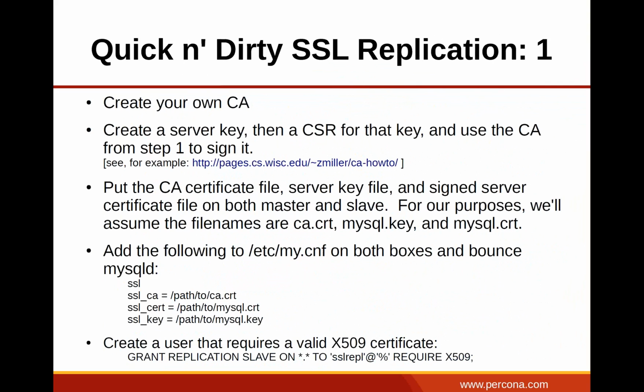And now just do a quick and dirty SSL replication. So create your own certificate authority, create a server key signing request, and then sign it. There's a link here that has some more details. Put those files on your master, put those files on your slave, add those parameters to my.cnf, bounce MySQL, and